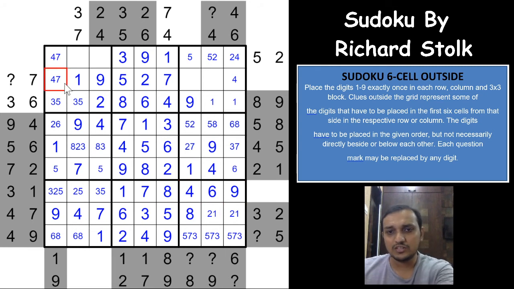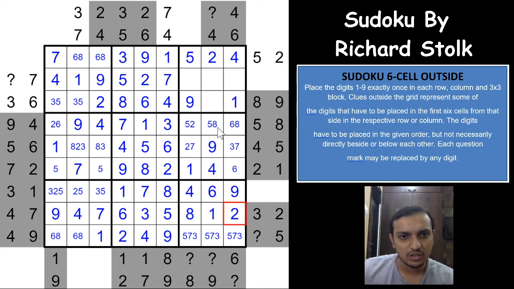And this 7 eliminates 7 from here, so this cell would have to be a 7 now, and this gives you a 4 here, and these two digits are 6 and 8 in any order, and these three digits are 4, 2 and 5, and 4 would have to be here only now. There is only one place for the 4, so which means that this becomes a 2 and this becomes a 5 now, and this 2 gives you a 1 and 2 here, sorry, and this one gives you a 1 here, and this 2, okay, nothing with the 2 now.